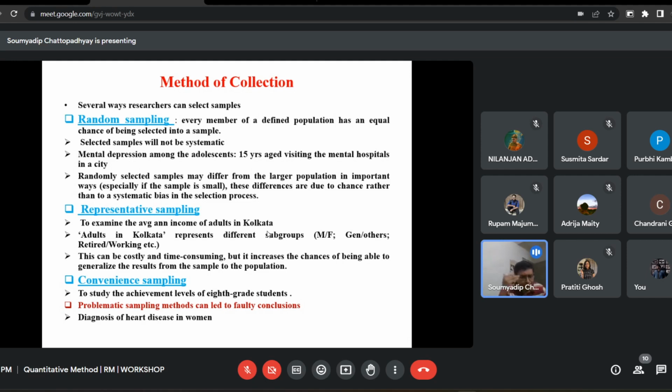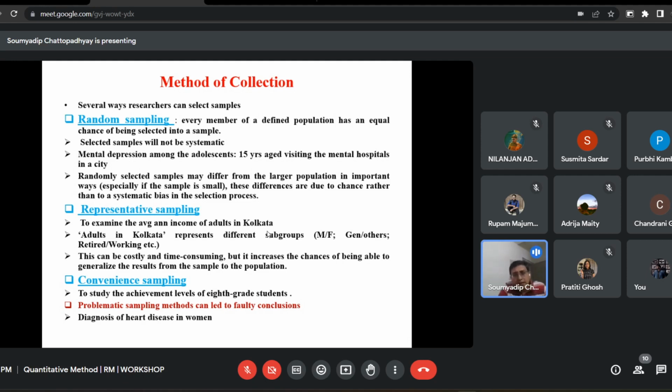And there are various ways of doing this random sampling. There is a random number table which we can use, or we, the students of economics, use to do a kind of random sampling, but those are part of a very larger literature on sampling. So I'm not going into the details of that literature, but random sampling means you can choose a particular unit from a population which has equal chance of being selected into a sample. Apart from that, we may also resort to a sampling process which is known as representative sampling.